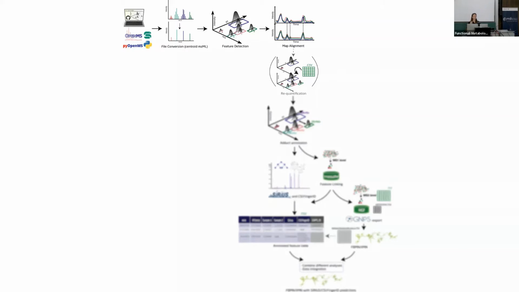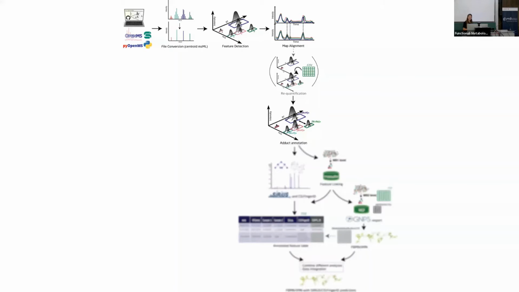But what we did is that we used another feature detection algorithm that will parse through all your raw data and only extract features that have missing values along your data. So you'll have a table, a library of features in the end after map alignment, and it will take the features that have missing values and reiterate in your initial raw data before the feature detection. It is computationally expensive, but it's really nice.